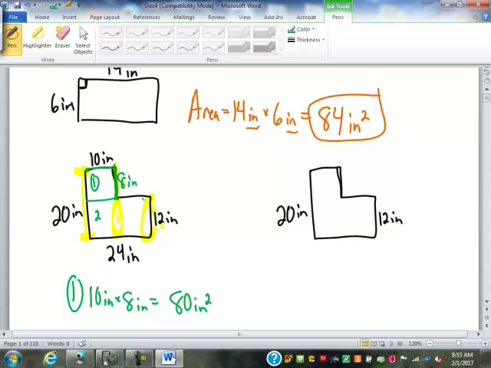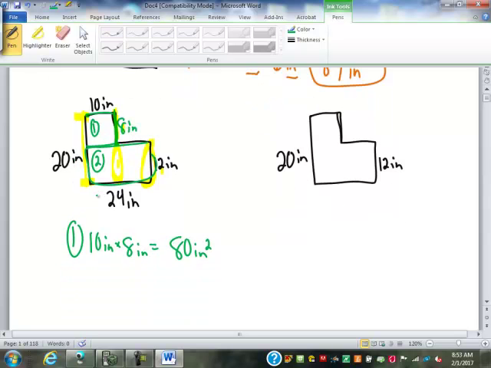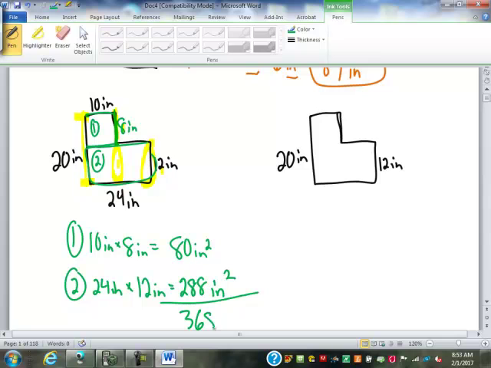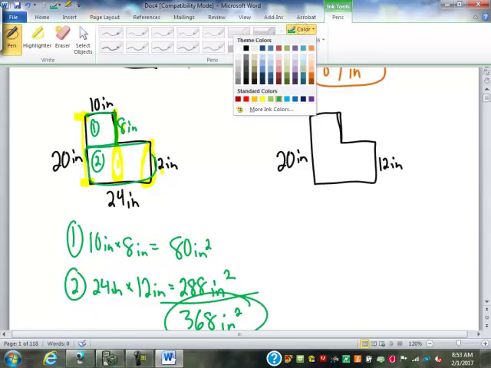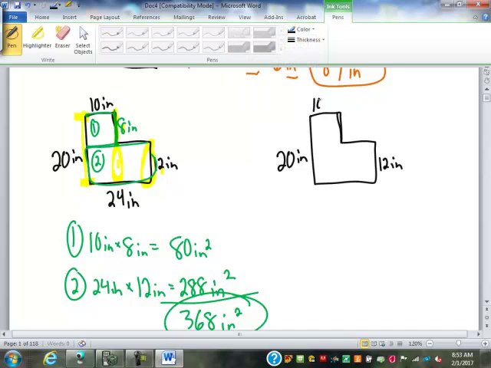Piece 2 down here, that's already 12 by 24, it's given, so we don't have to figure anything out there. So 24 inches by 12 inches, 288 inches squared. That adds up to be 368 inches squared for area. Now over here,